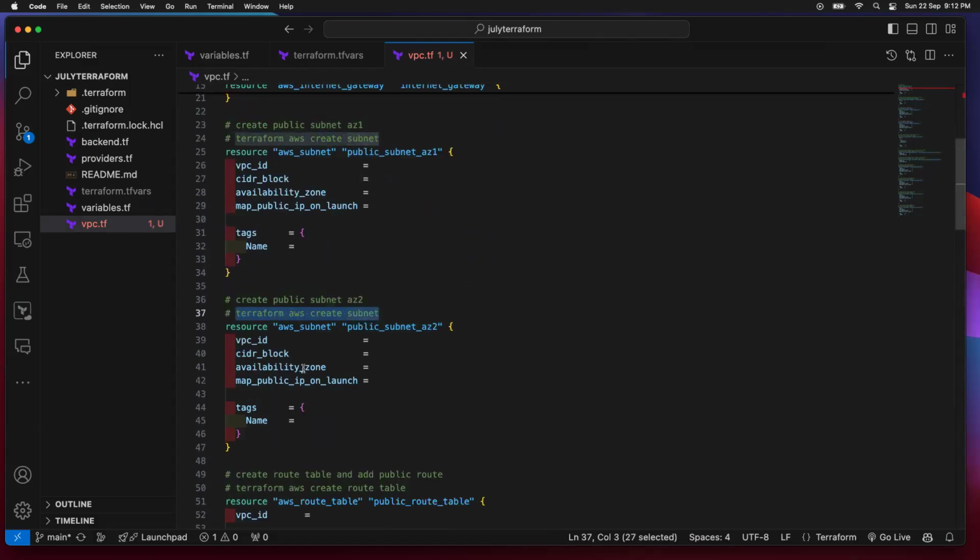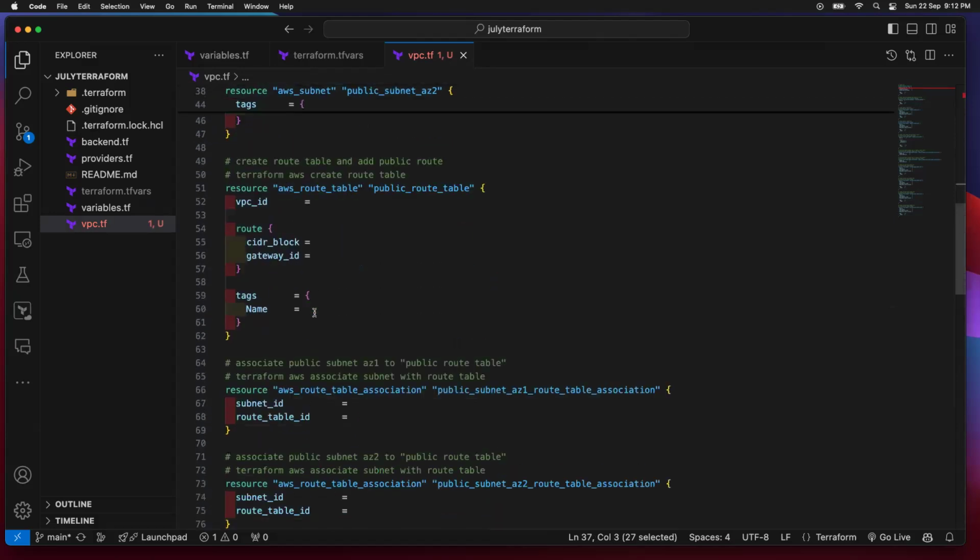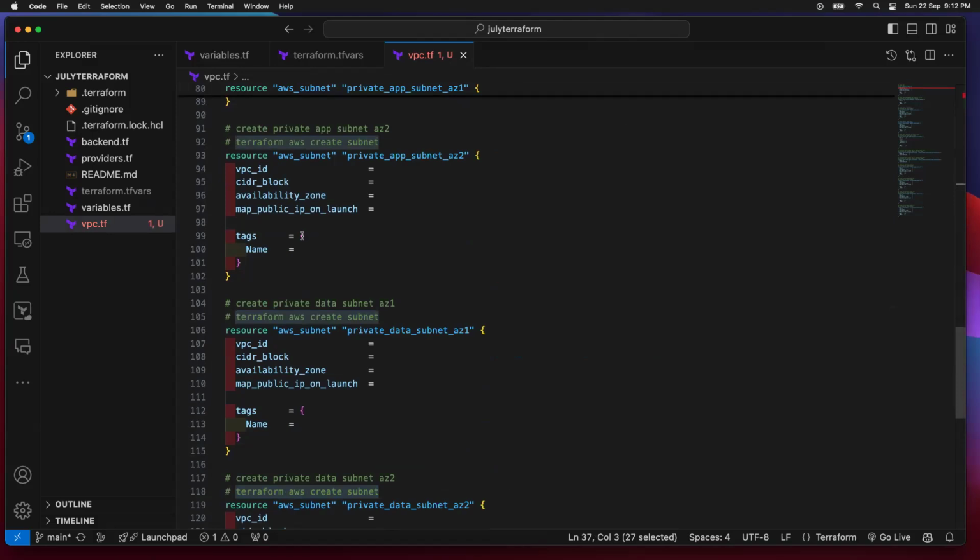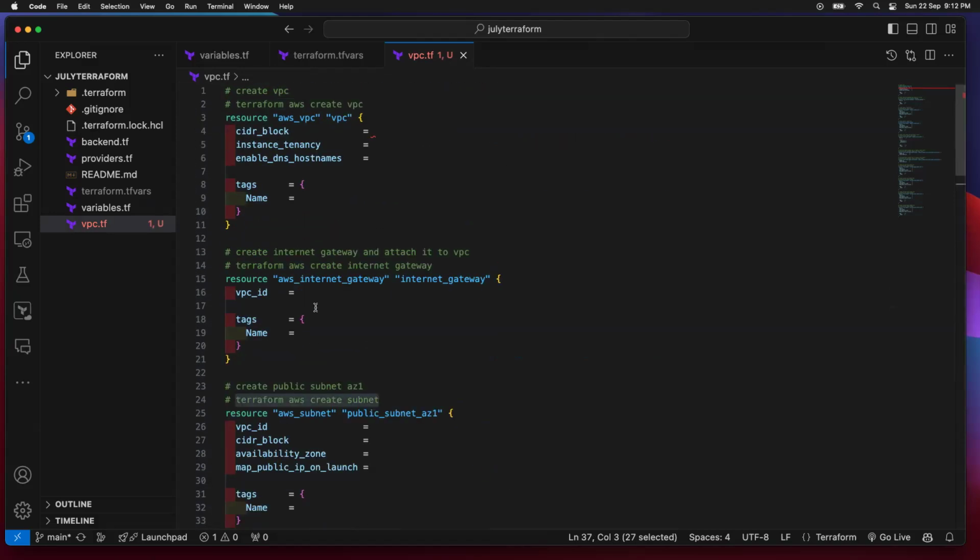If you want to see where all of this was gotten from, all you need to do is copy this and paste it in your browser, and it's going to take you to the documentation where all of the different resources are. So the goal here is, again, we will be using variables for most of this. Yeah. So for our VPC,